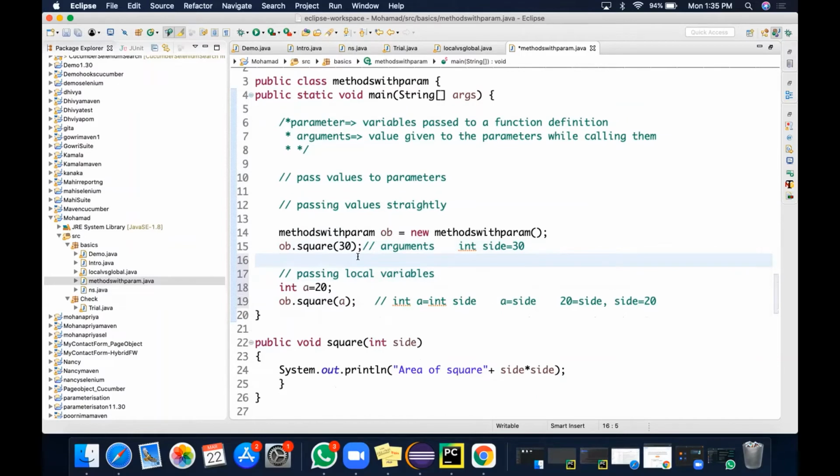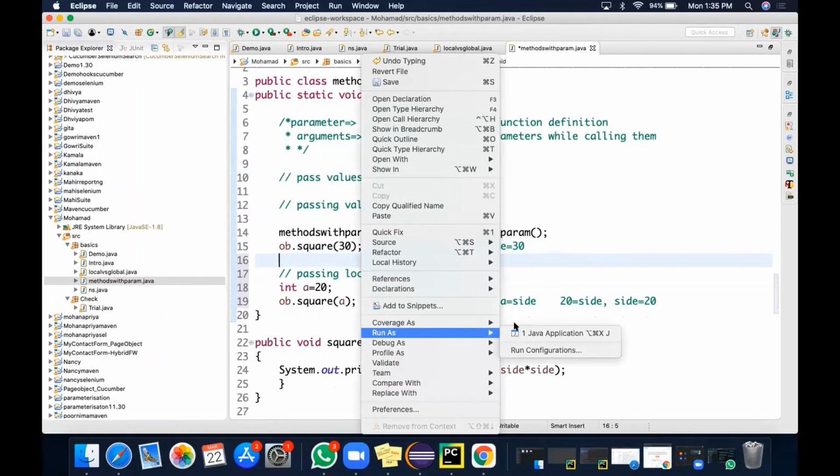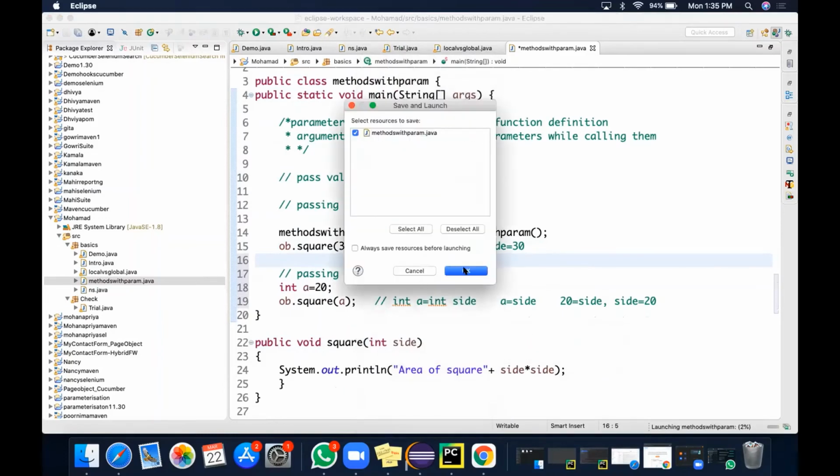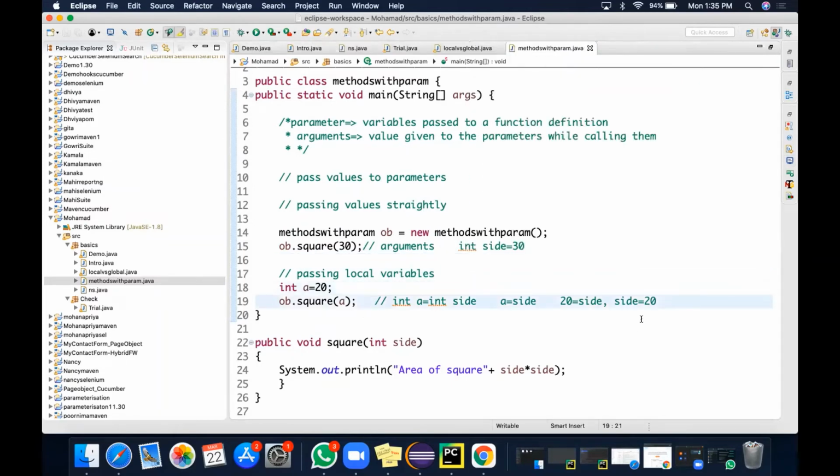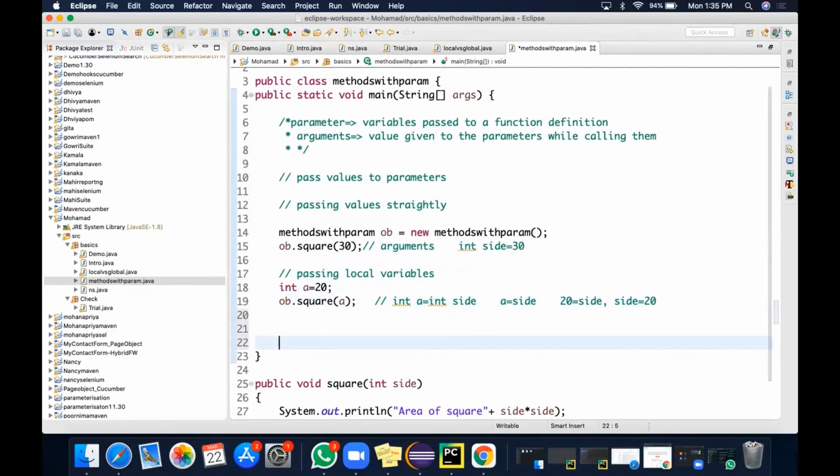So in the first approach, we passed the value straightly, and in the second approach, we are passing local variables, so that value will be assigned to that side. Which one will be used frequently in actual work, ma'am? Mostly we will be using this straightly in functions only, because we have to keep track of all the local variable names and global variable names, right? So you can pass straightly, or else you can have global variables. Local variables mostly we won't be using. Okay, so I have to practice this third one, because it's quite different compared to the previous one. Yeah, let's try this now.